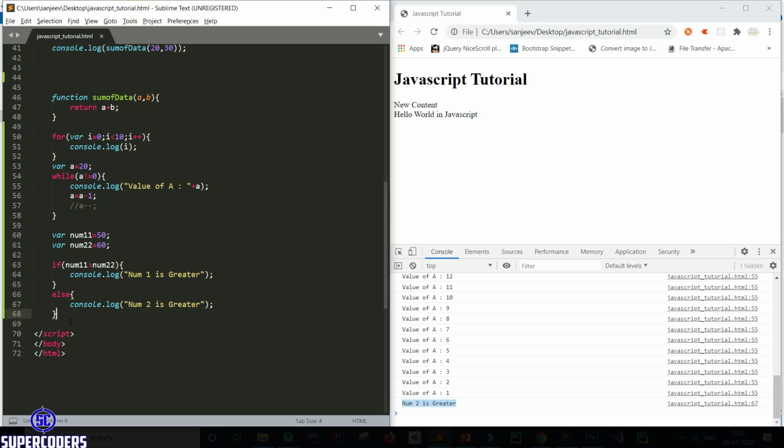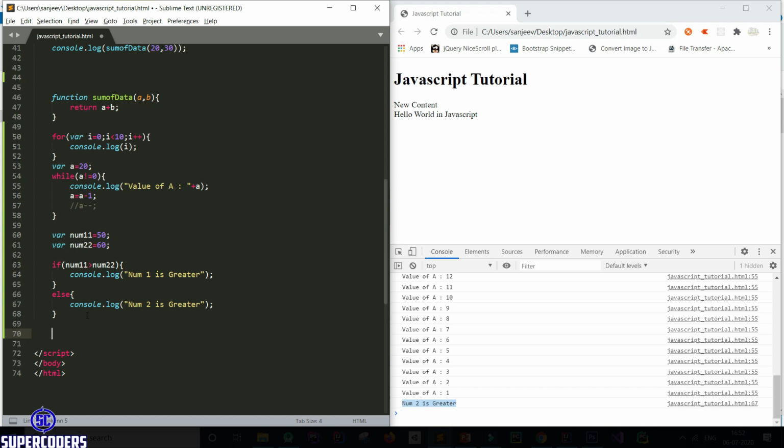So this is an example of if else, and this is an example of while loop, and this is an example of for loop. So I am completing here a quick tutorial of basic JavaScript, so we can dive into our new course which is React.js. That's why completing this tutorial in a quick way. You can memorize everything. So now let's see some examples of string.